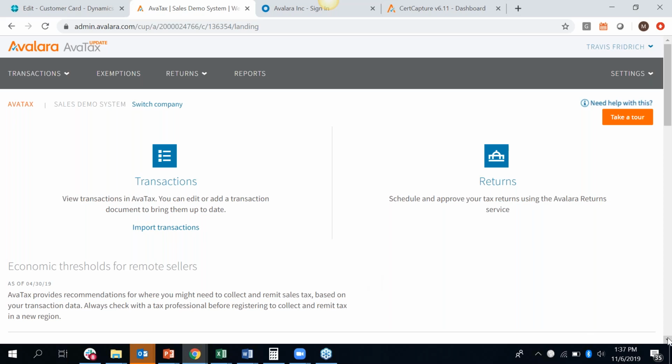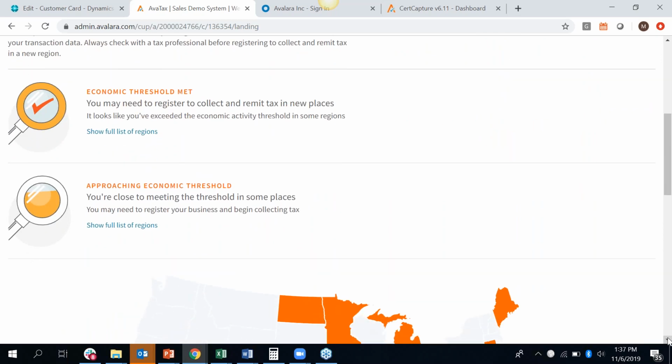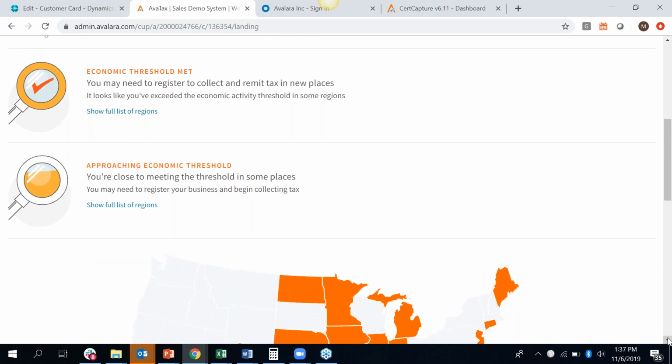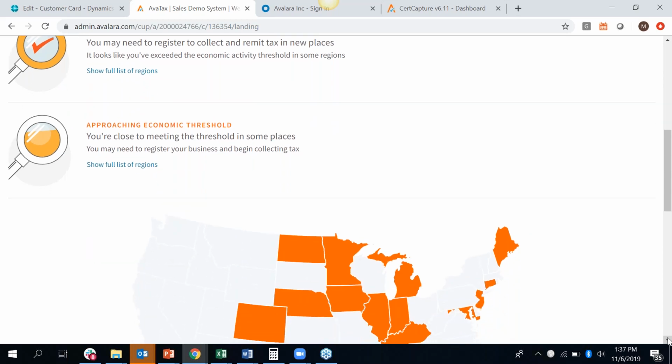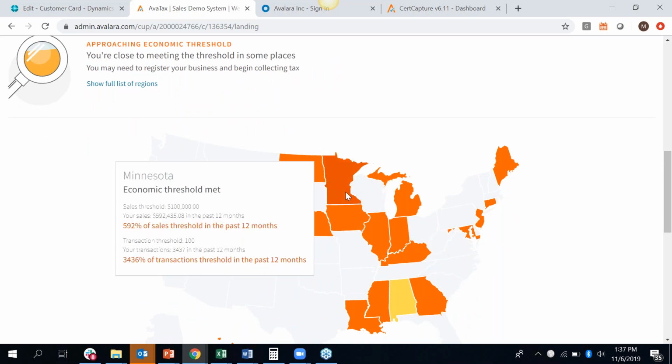And when you first log into this environment, one of the things, again, it's an ongoing topic. What are we doing about it to help customers? It's that economic nexus discussion, right? So customers are asking, have we met the threshold? What is the threshold? Do you have our transaction information? Did we approach 200 transactions? Did we go over 100,000 transactions? If we did, when did we do it? What's that information look like? It's all on the dashboard every time that you log in,